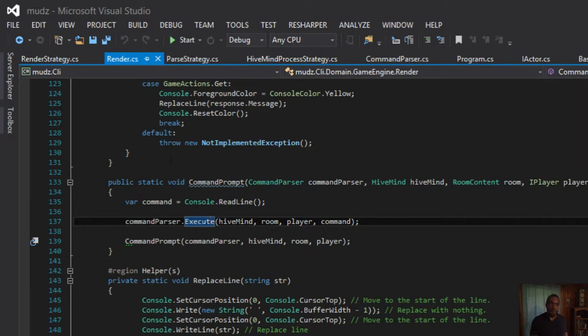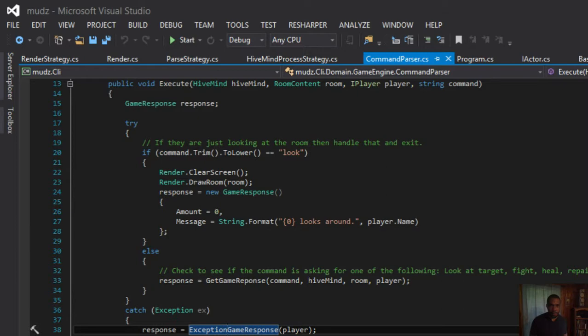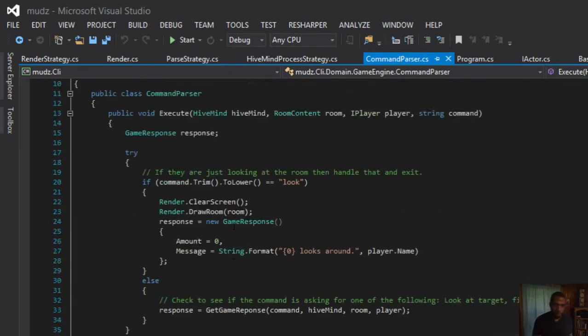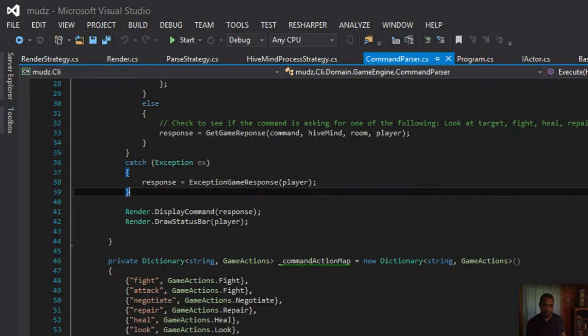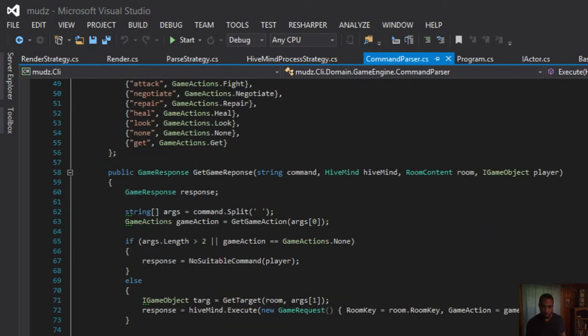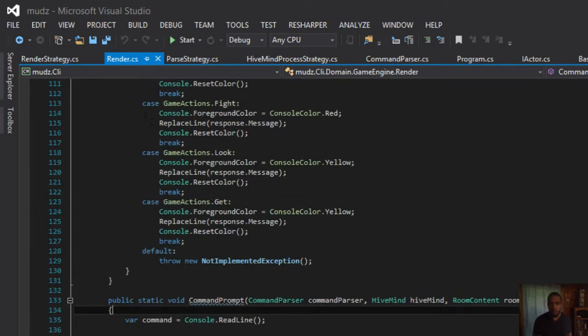We're decoupling our command parser. And we're going to save some stuff for tomorrow because what we're going to want to do is take a look